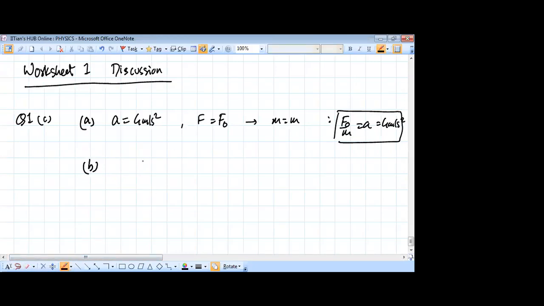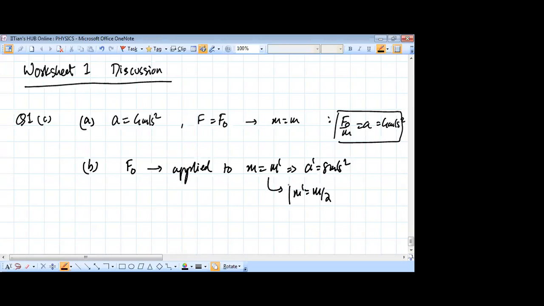Now it says, if the same force is applied to a different body, its acceleration becomes 8 meters per second square. So if the same force F naught is applied to a mass of, let's say, m prime, then the acceleration becomes 8 meters per second square. So that will tell us that m prime is m by 2, such that F naught by m prime is equal to 8